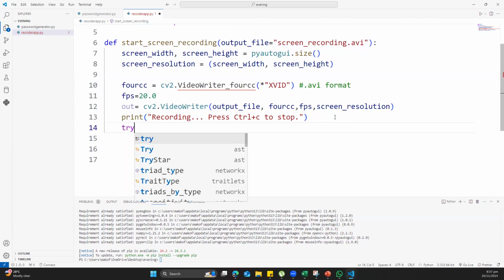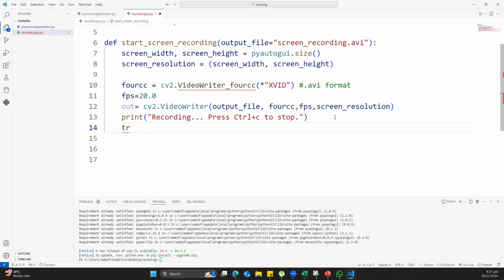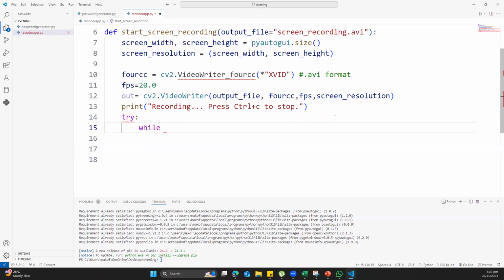And then I'm going to say try. And what am I trying? Again, the try and catch is very important. It will try it, and if there is an error, then the catch will display. If I don't use the try and there's an error, my program will just crash or can spoil my device. But if my application crashes, the catch side of the try will take control and my application will not crash, which will not worry my device. Very importantly. So here I can say, while True,